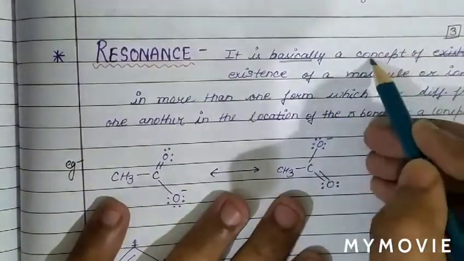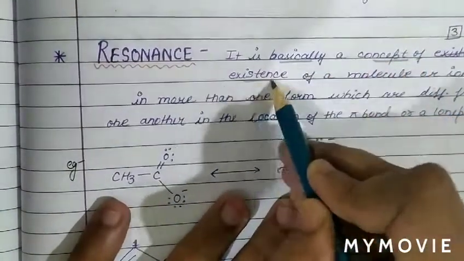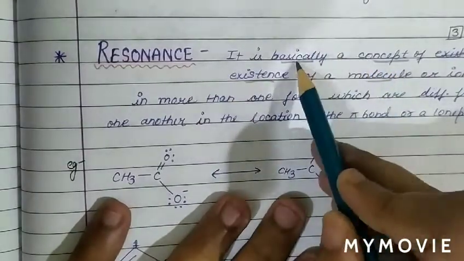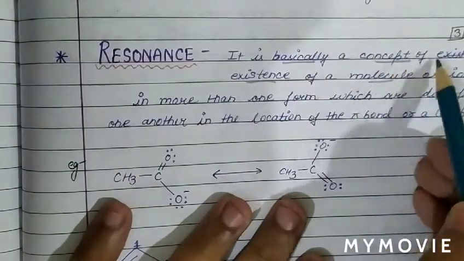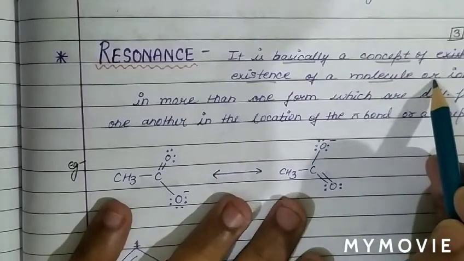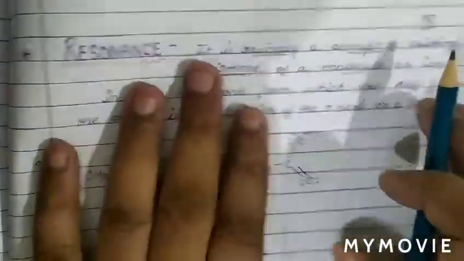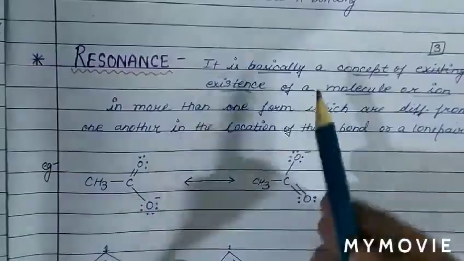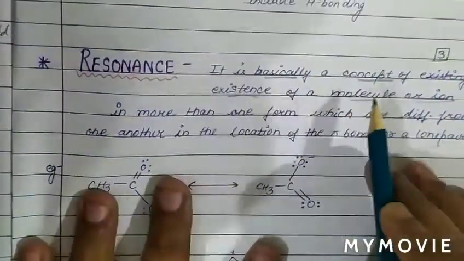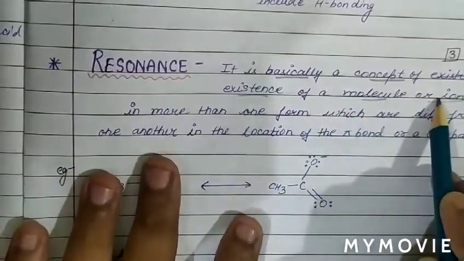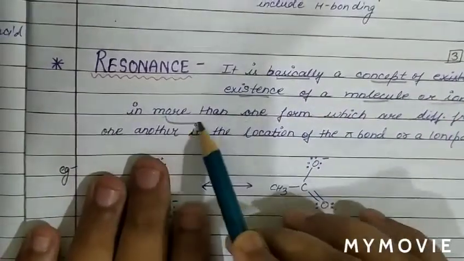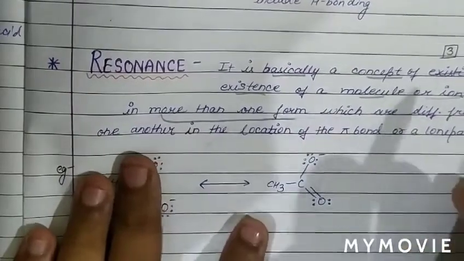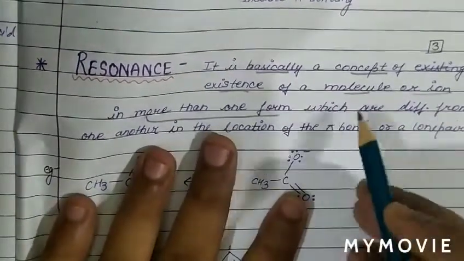Resonance is basically a concept of existence of a molecule or ion. So we can say resonance is basically the existence of a molecule or ion in more than one form, which differ from one another,